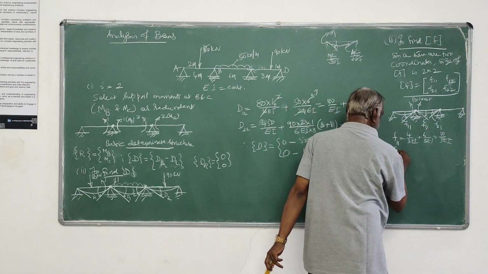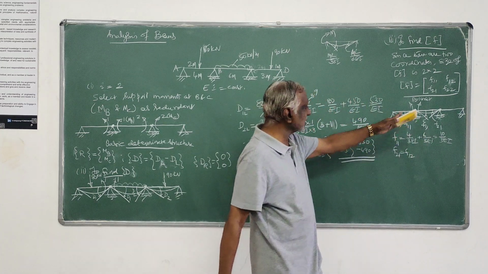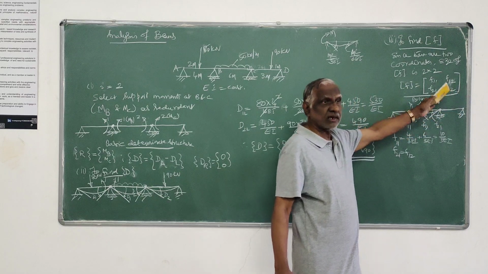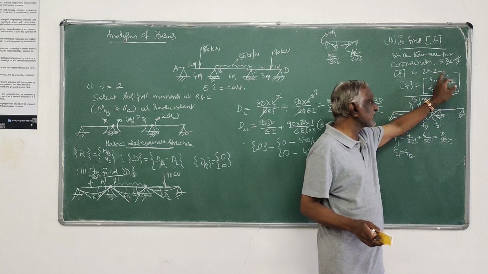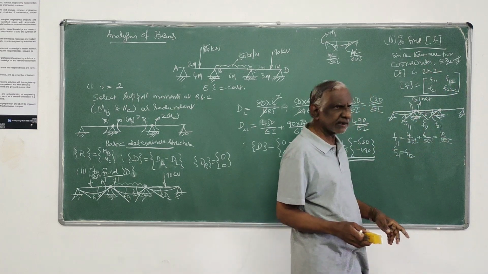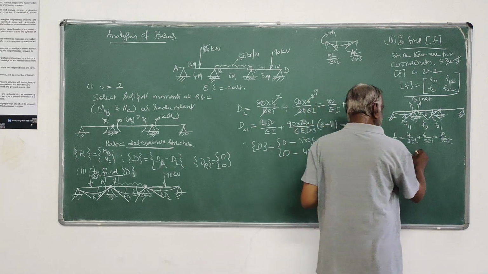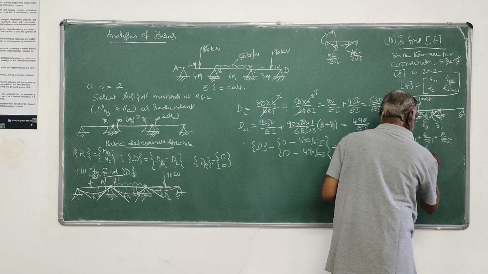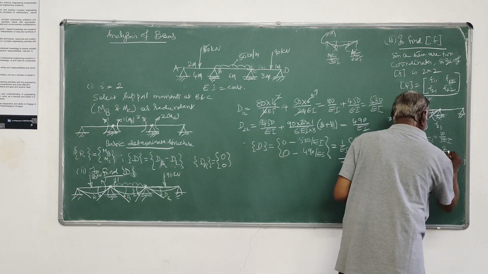Then F21 is also equal to F12, because of the property of the flexibility matrix: it is a square symmetric matrix, so all the elements are symmetric about the leading diagonal. Therefore F12 has to be F21. This is nothing but 6 by 3EI. That is 2 by